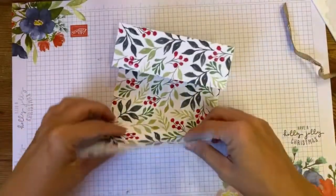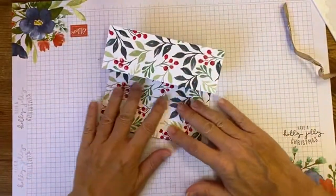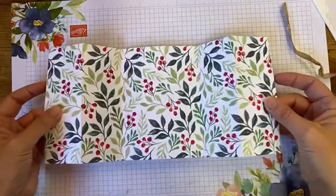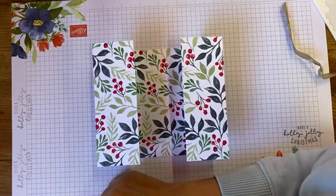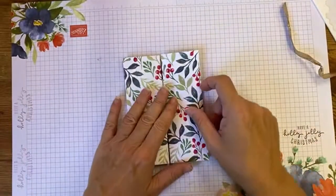And then we're going to fold this middle score line in and this one out. Shake it all about, okay? And then you get this. Now, what you can do, and I have done it on one card, and I don't know where I've put it, which just about sums me up at the minute, but if you wanted to,